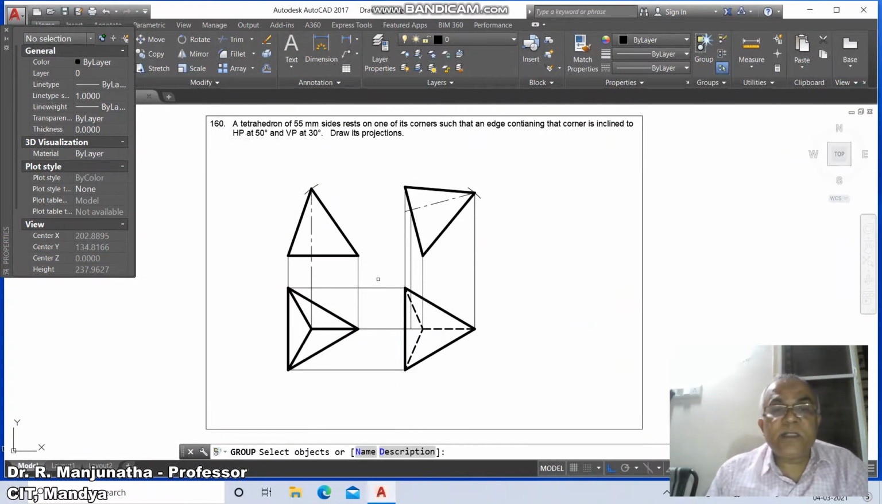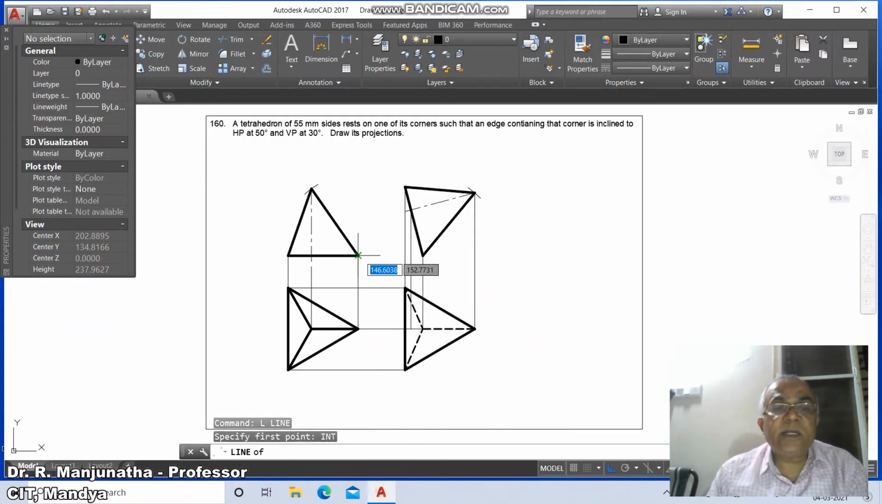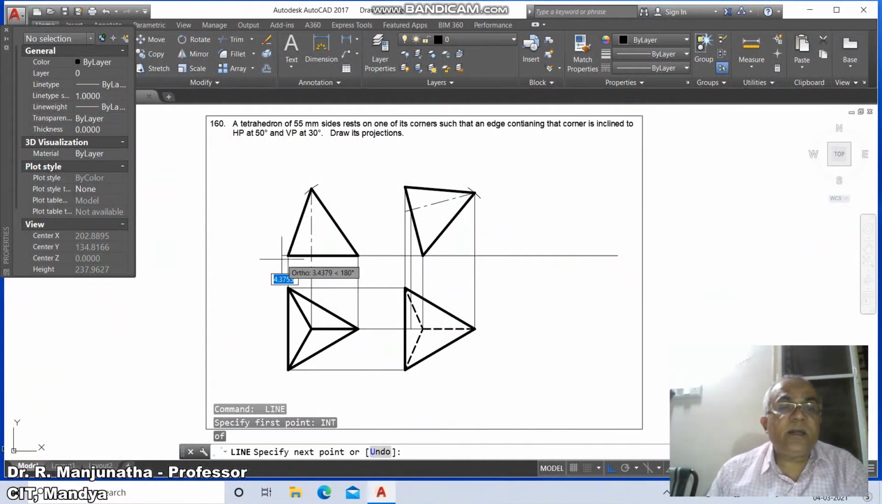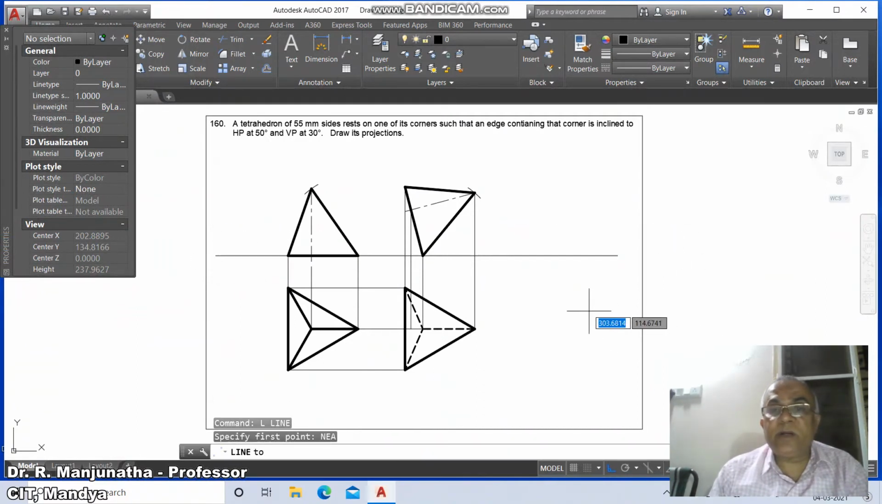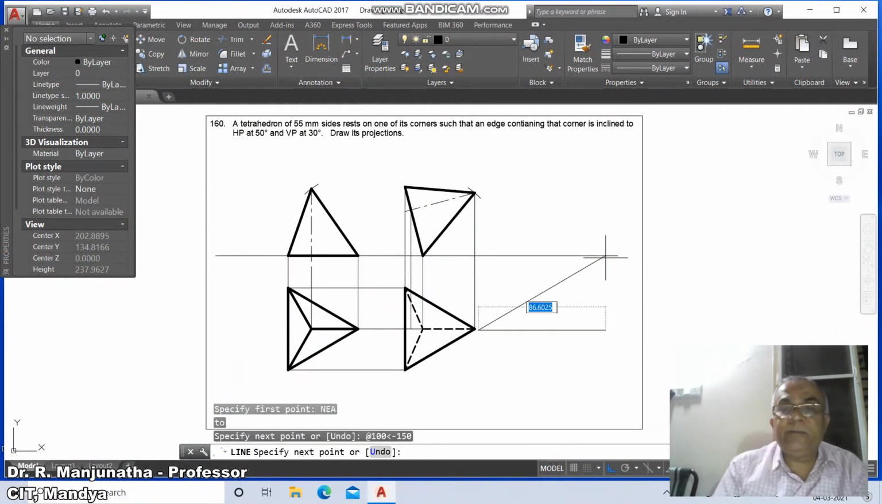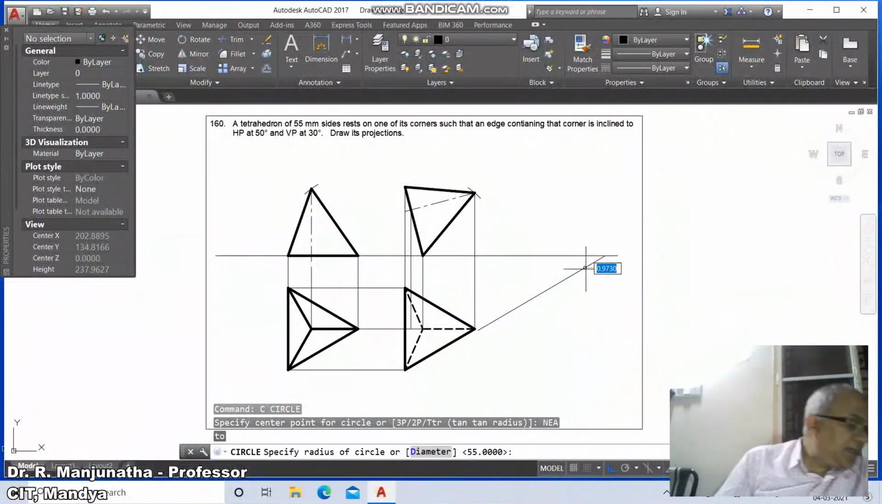enter, select this entire drawing and make it as group, then go to line, take int of this and draw a horizontal line and take line int of this and draw this, then go to line, take the nearest point on this and you say at the rate 100 less than minus 150 degree, then go to circle, take nearest point on this, take the radius as